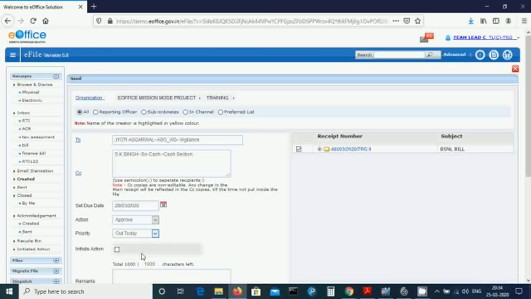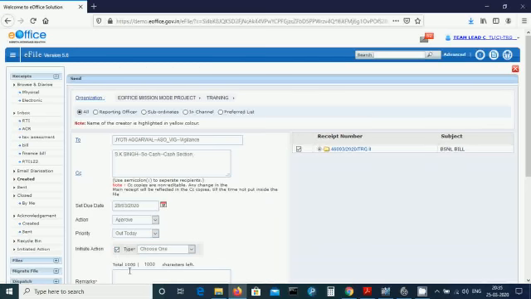Action initiation. It is used to track the set of actions taken on any receipt. The receipt can be tracked even after it is put in file. Check the initiate action checkbox. Provide initiation type to the initiate action and track the action that will be taken on the receipt.